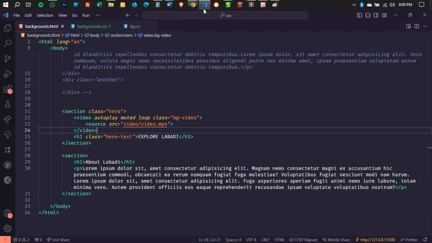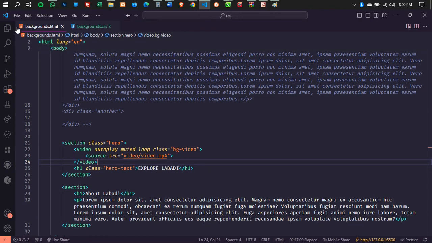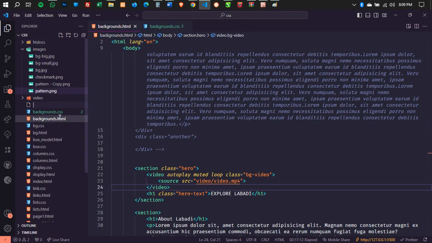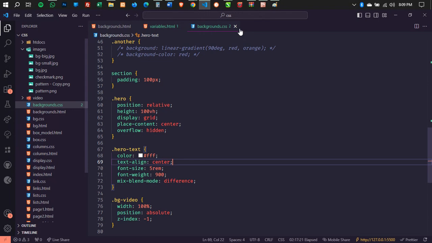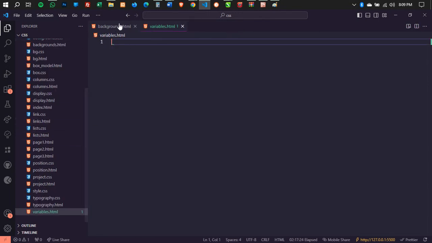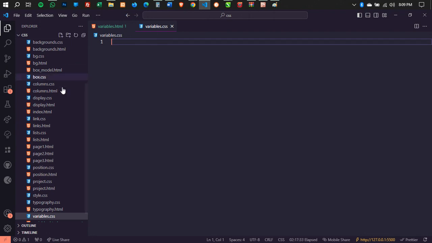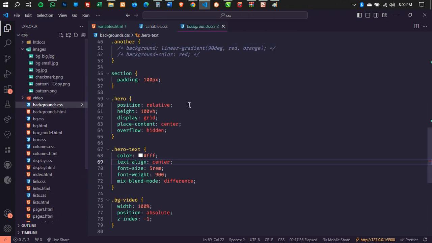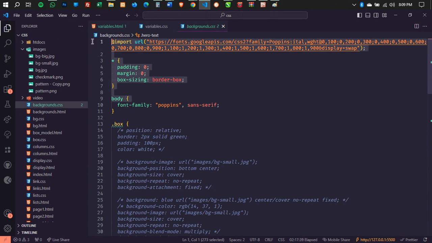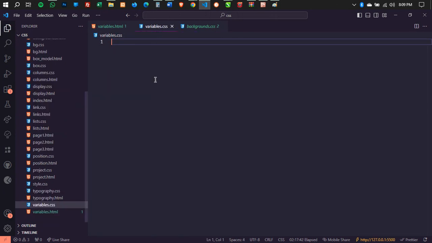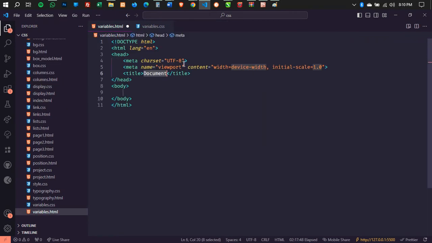All right, so next thing we're going to be looking at is CSS variables. So let me copy this. Let me come here and create another HTML file, variables.html. I think we spent way too much time on backgrounds, but at least it's worth it. Then I can come here and say variables.css, and let me go back to my background CSS, and let me bring in my basic styling with my font imports and delete this for now. Let me have my HTML and CSS